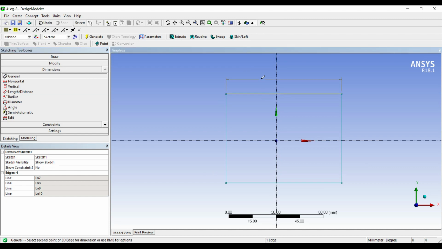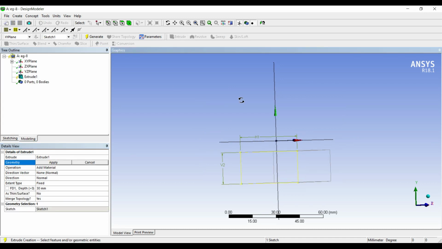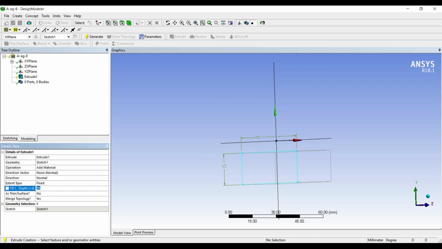Dimension 50 by 20. Extrude. Apply. I'll leave it as add material. The depth is 100 mm. Generate.